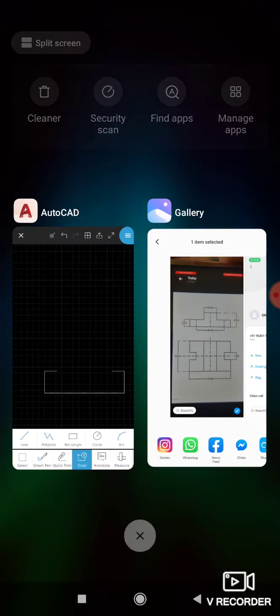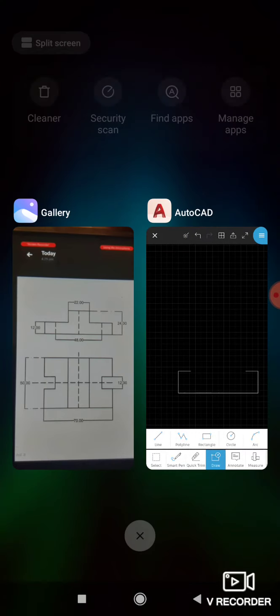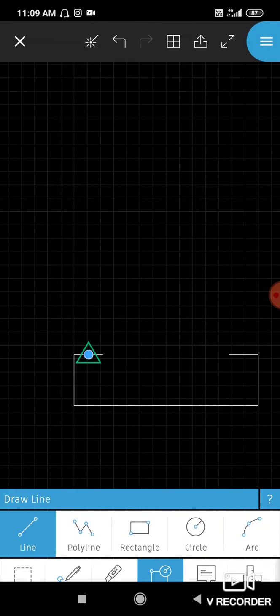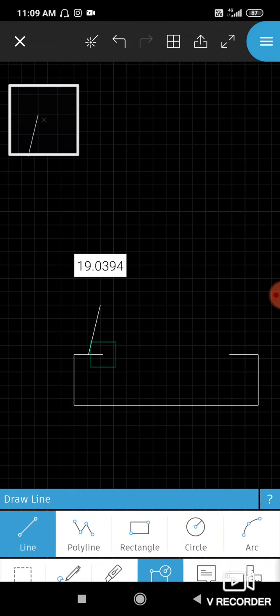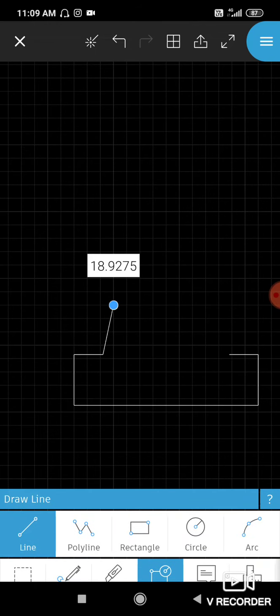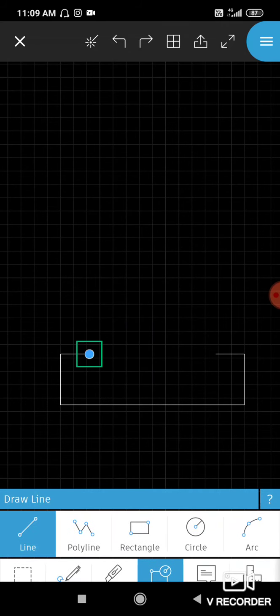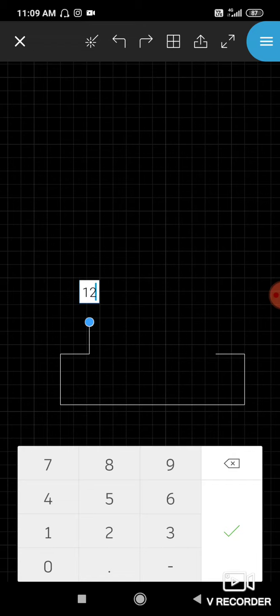Now what is this length? This length is 12, so we have to draw 12 upwards. Again line command, 12, done.